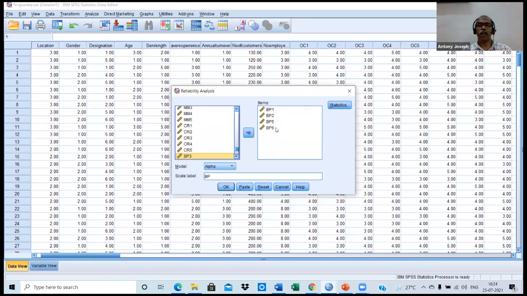Remember, for the purpose of computing this business performance, these are actually statements for assessing the business performance. There are only 4 statements, that is BP1, BP2, BP5, and BP6. Only these statements can be used. Others are useless. Okay.